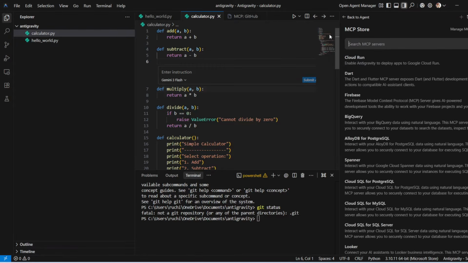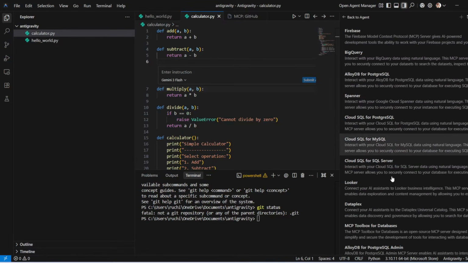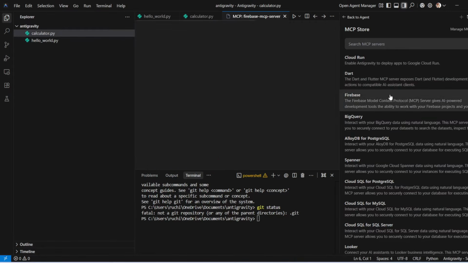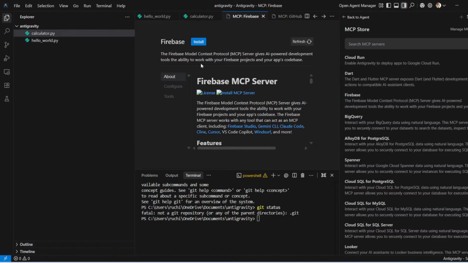Now, if you see, once I remove the filters, there is a whole list of MCP servers that are mentioned here. And you can connect your Firebase to deploy your code. You can connect any type of database MCP server, like for example, Postgres SQL, Cloud SQL for MySQL, etc., right? So whichever MCP server you want to install, you just click on it, and you will get an install button right here. And once you click on the install button,